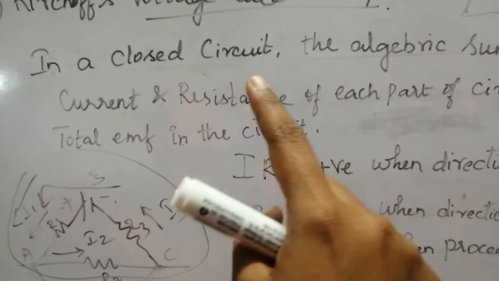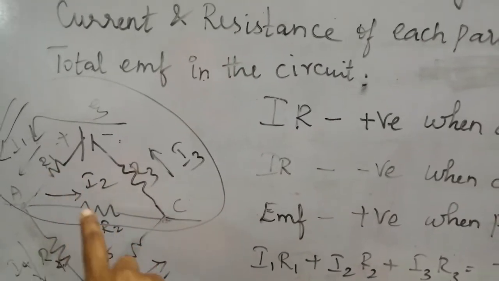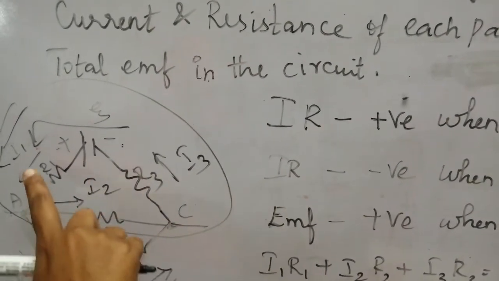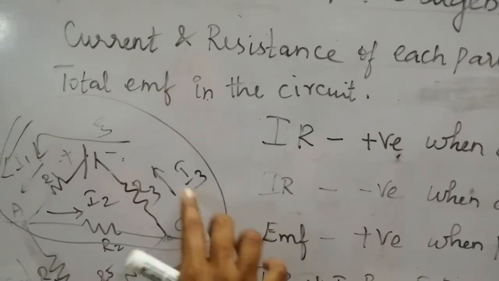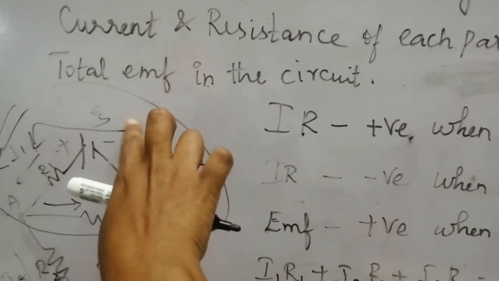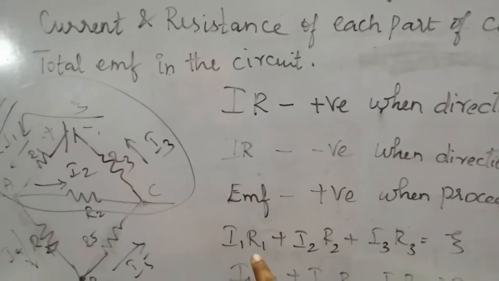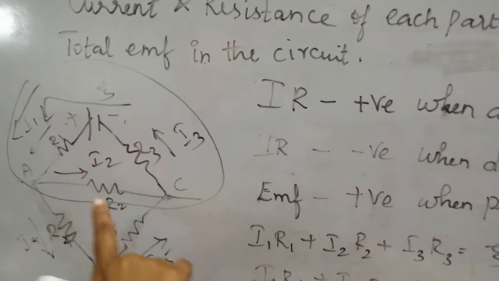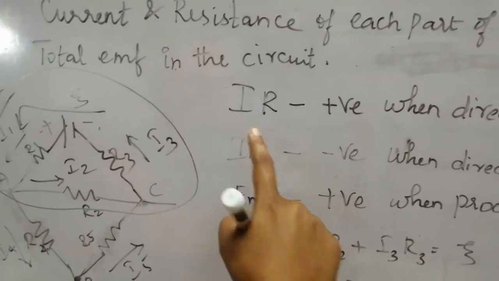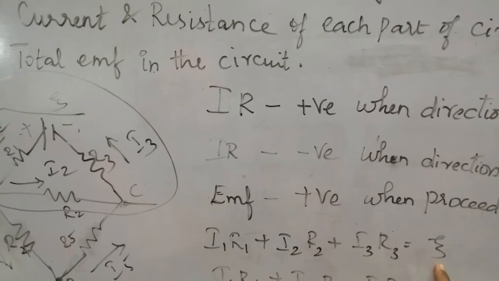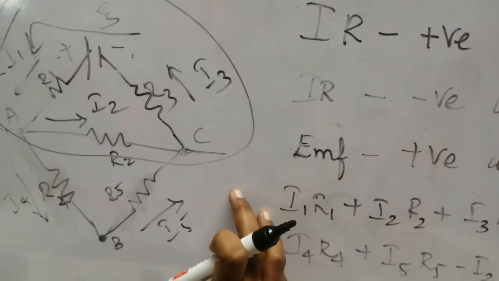And according to the rule, the algebraic sum of the voltage values, that is I1 R1 plus I2 R2 plus I3 R3, will be equal to the EMF connected in this part of the circuit. So the rule is I1 R1 plus I2 R2 plus I3 R3 equals the EMF for this part. Okay, and let me consider the next part now.